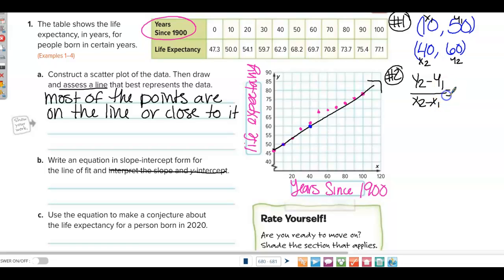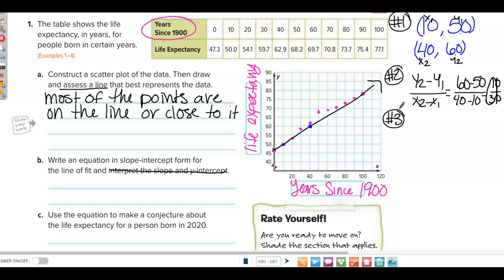So if I substitute that in, my y2 is 60, minus y1 is 50, over x2 is 40, minus x1 is 10. So 60 minus 50 is 10, over 40 minus 10 is 30, and then I can't actually reduce that fraction down, so it's actually just 1/3 as my slope. So step number 3